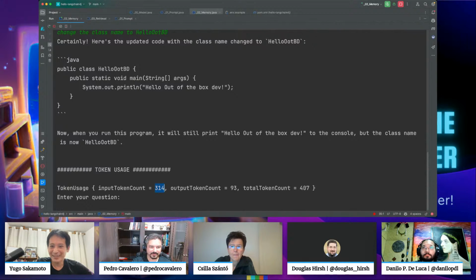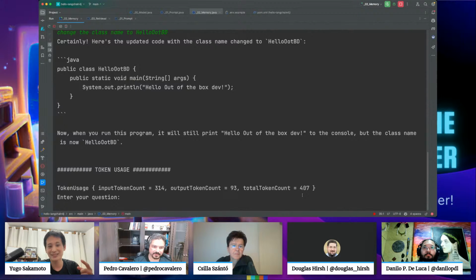Go. So, any questions so far? In this case, what happened when the memory finished? Like you said that max memory was 10 messages. Yes. So when it finishes, it will start to take out the first in, first out. It's a FIFO, so it will take out the first user messages and add the new ones.